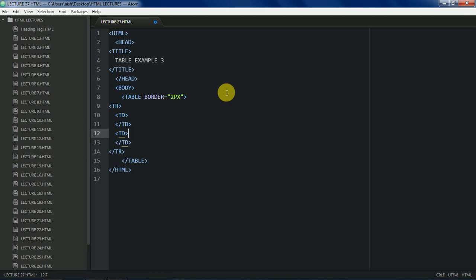Let's create some headings also. Let's make it th for heading, as we have already studied this concept in the previous video, lecture number 26. So now I am giving some headings like roll number. We are going to create some student records. So now I am giving some headings for student records in this first row. Now student name, let's say name,